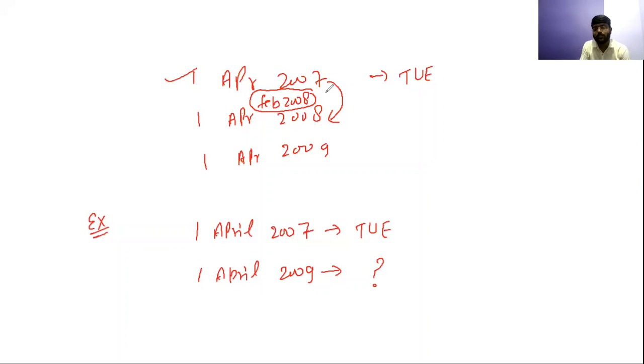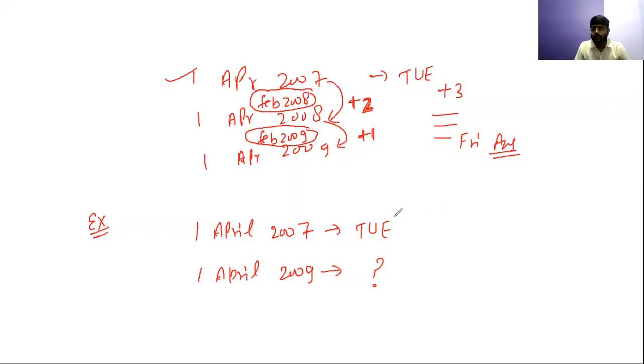So you will be crossing February 2008 here, and Feb of 2008 is a leap year, and that's why you will add 2 here, isn't it? Because when you cross a leap year, there is a 2-day difference, or there are 2 odd days in a leap year. Okay, now when you are coming from 8 to 9, you are crossing the Feb of 2009. And Feb of 2009 is an ordinary year, so you will add 1 to this. So in total you are adding 3 days. So to Tuesday, if you add 3, your answer will be Wednesday, Thursday, Friday. So Friday is your answer for this question.